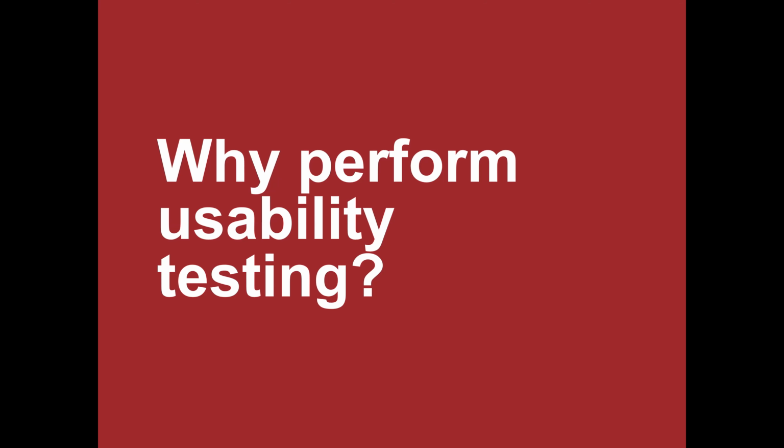It's also used for physical products. So things like coffee makers. Does the coffee maker have the right buttons? Are the buttons in the right place? Are filters easy to use and replace, and that sort of thing? I've even done a usability study on space. So we did a study of library spaces at MIT to see what is working and what isn't working in terms of signage and stuff like that.